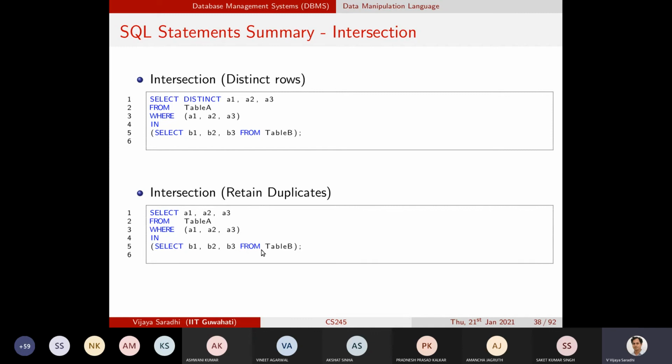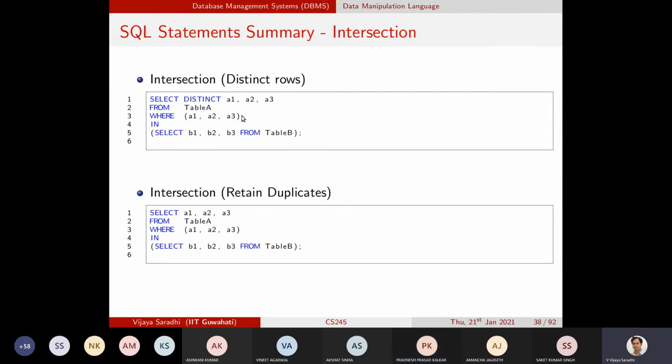And then put it. And then we are retaining duplicates. Please remember that one. We are retaining the duplicates. Yes, sir. So the 1, 2, 3 entry will be populated 5 times, right? Because there are 5 instances of 1, 2, 3 in table A.